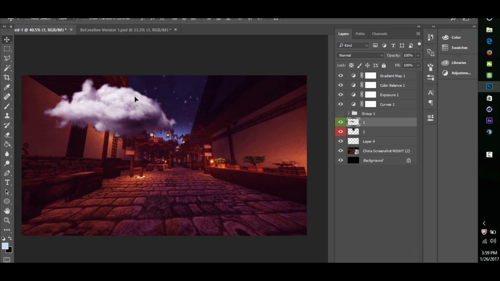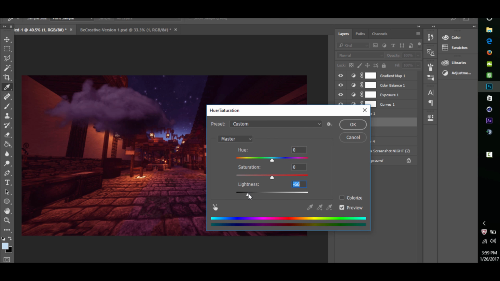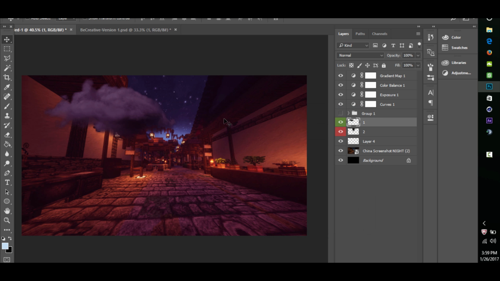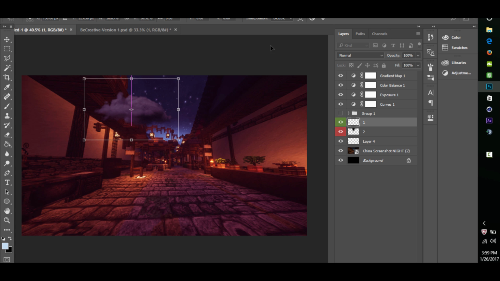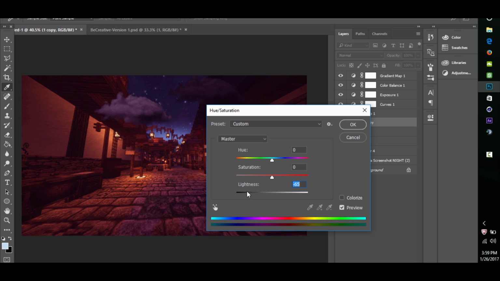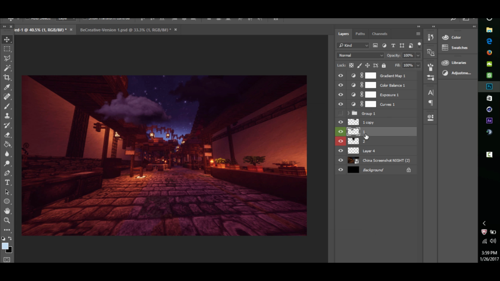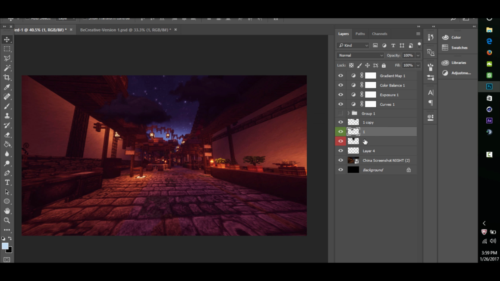So let's just add clouds, and we're gonna make them a bit like, I don't know, kind of like clouds that would be at night, I guess. I don't know. So let's just put these in the sky. Just gonna curves like that. Same with this one. Turn the lightness down a bit more, and we're just gonna